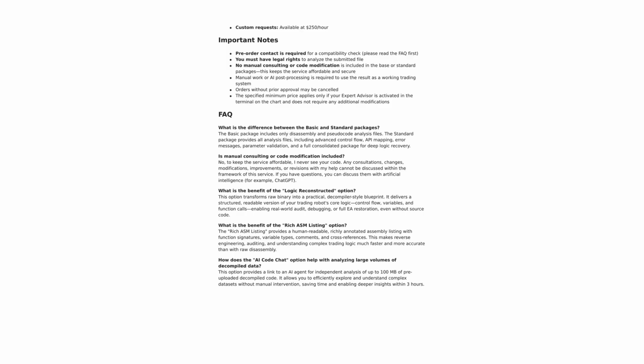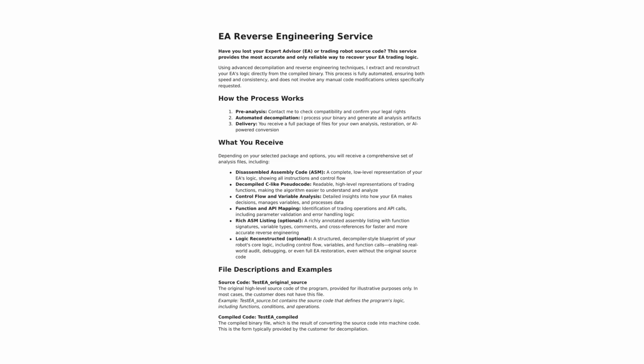Okay, so you run this service on the compiled EA. What do you actually get back? Is it like one big confusing file? No, you get a few things, like a blueprint. First, there's the disassembled assembly code, the ASM. That's very low level, the raw instructions. But crucially, you also get decompiled C-like pseudocode. This is much, much closer to human-readable code. You can actually start to see the decision-making, the function calls, how it manages risk. C-like pseudocode, so it looks a bit like the C programming language. Pretty much, yeah. It captures the control flow, the logic, in a way that's far easier to understand than